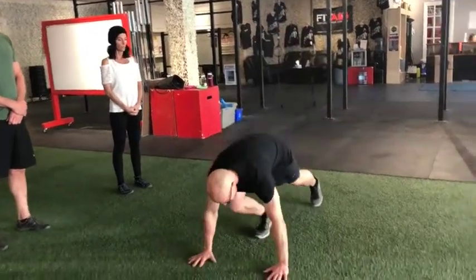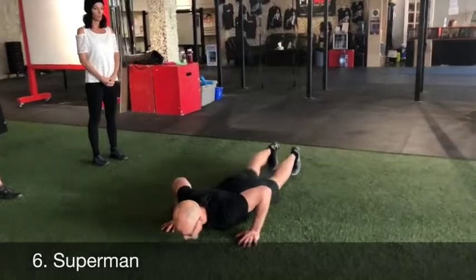We've been doing a lot of exercises for the front of the body, the quads, the core, chest and shoulders. Now we're going to take everything to the back. And this exercise is called a Superman. So you're going to be laying